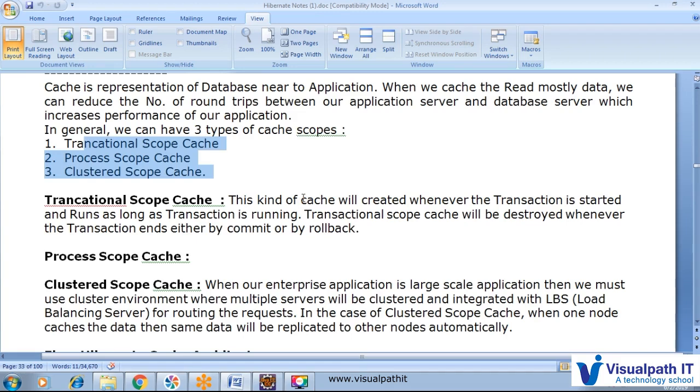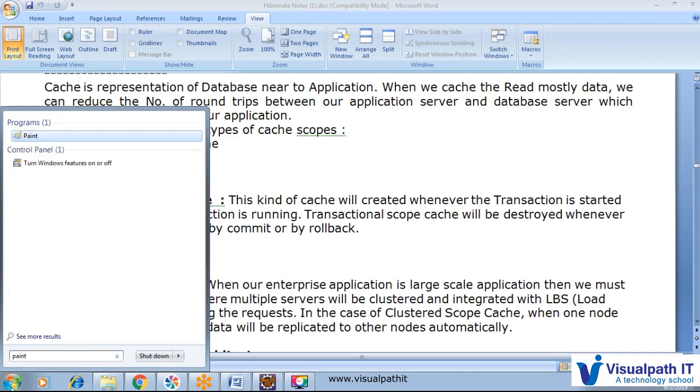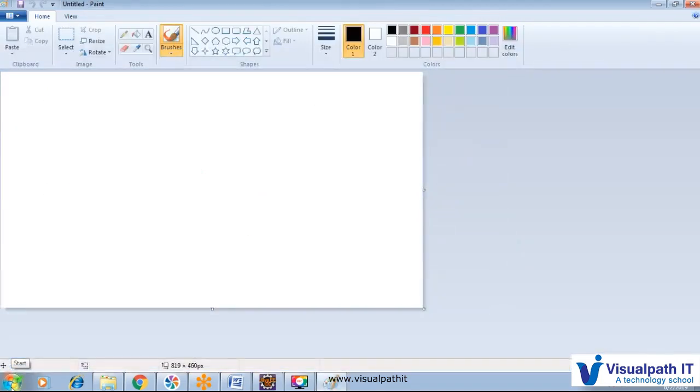Once we commit the transaction or roll back the transaction, only then will that cache be destroyed. So the Hibernate session cache is an example of a transactional cache, and by default the session cache is enabled. We cannot disable that transactional scope cache. It is provided by the Hibernate runtime system itself, and it is enabled. We cannot disable it. When the transaction is started, only then is that cache started.